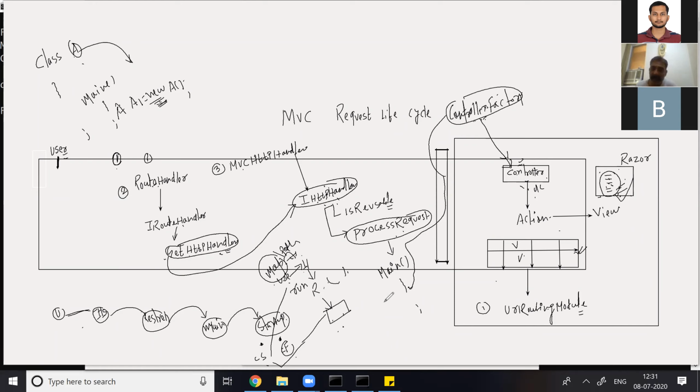The IHttpHandler interface has a function called ProcessRequest. And this function takes a parameter, HttpContext. That's done. I got my answer, Sandeep sir. Now this function takes the parameter HttpContext, and when you have the context, you can have the request, response, everything, you have the session there. So by the response we can do this messaging, as we have done in the map function.